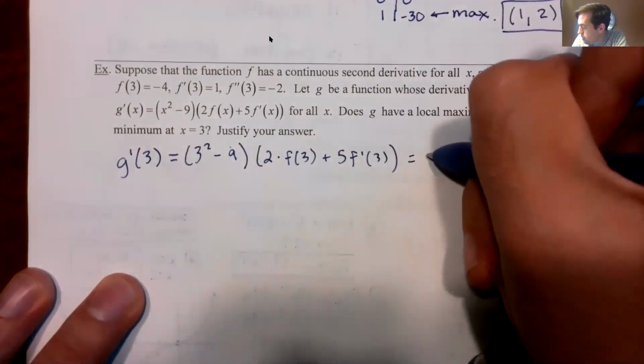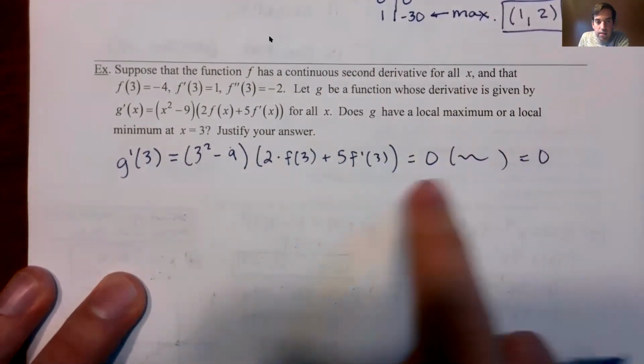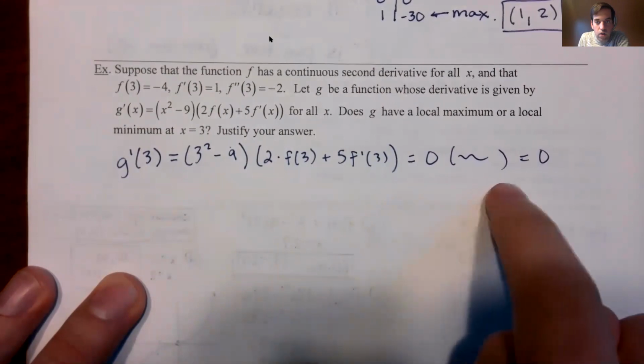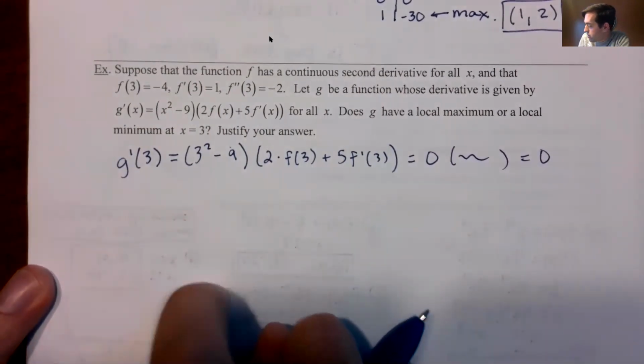And 9 minus 9 is 0, so 0 times whatever is going to be 0. It doesn't even matter what that part is. The first part equals 0. So yeah, it's 0. So we do know the first derivative was 0. So now we have to check the second derivative,